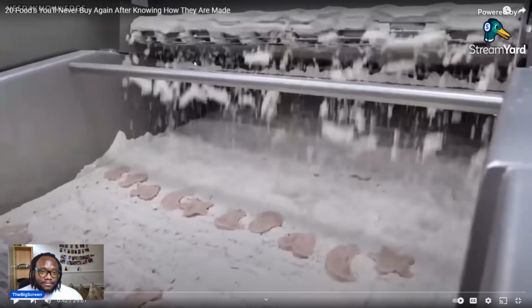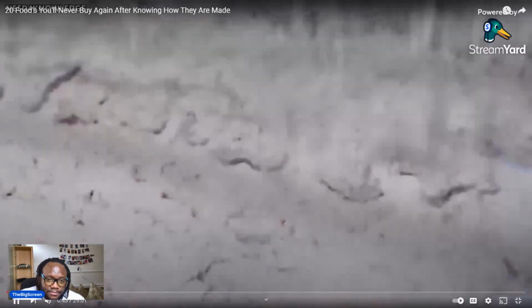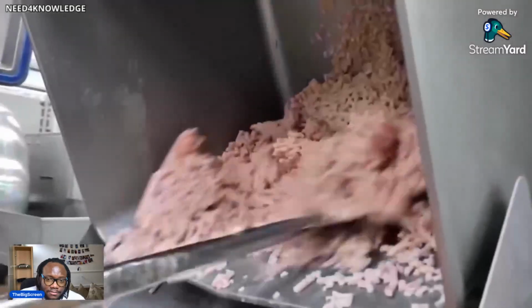That's unbelievable. The mechanically separated meat is collected, it is mixed with fillers, preservatives, and artificial